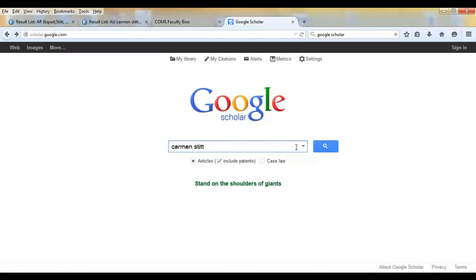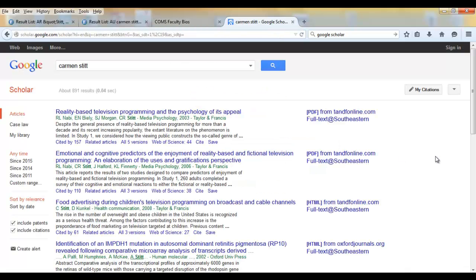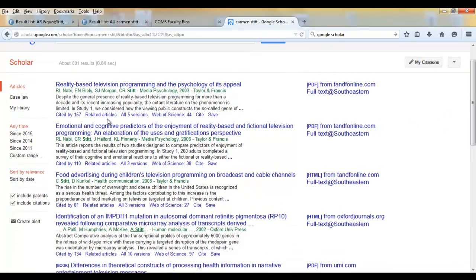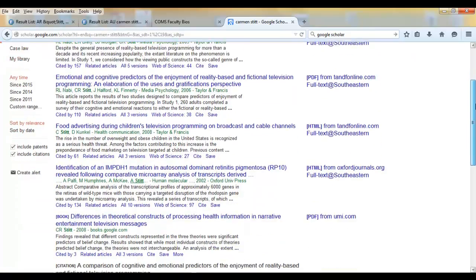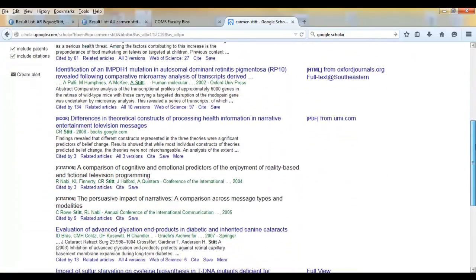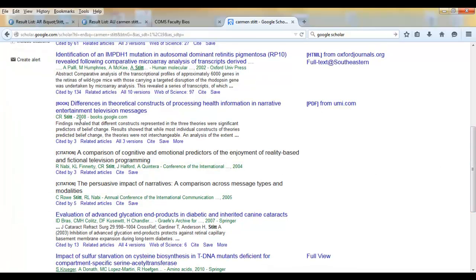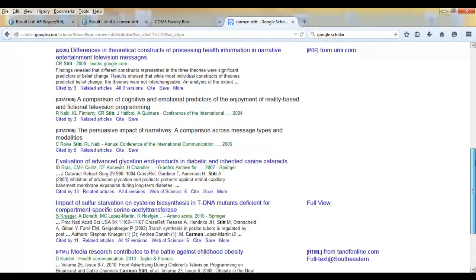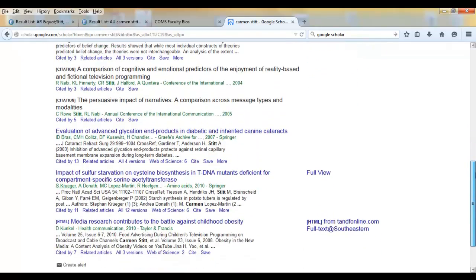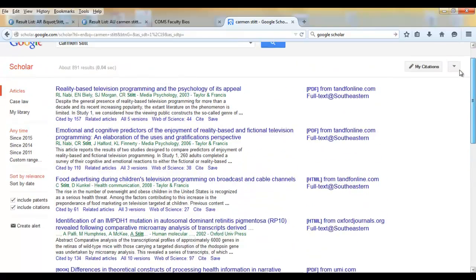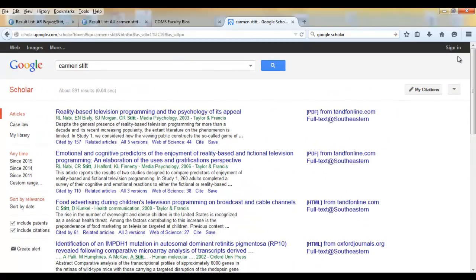There it is. I've entered her name. I'm going to click search, and it's got quite a lot for her here where we can see that she's either a co-author or she's perhaps even the lead author. That's the one that we just looked at a moment ago. That is the one we are looking at. Looks like she's even been in a book, or she may have even authored the entire book. So there's a lot of information on her here that really looks important and related and relevant and says that